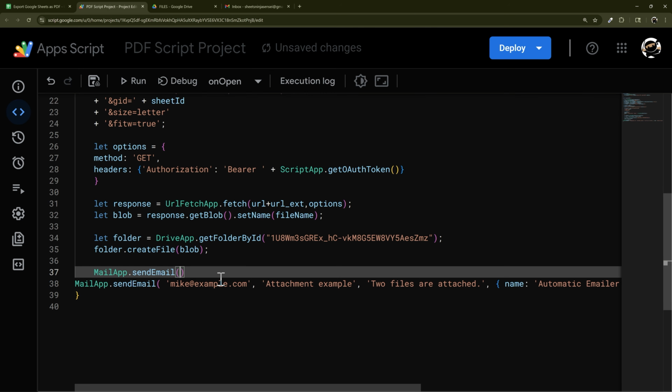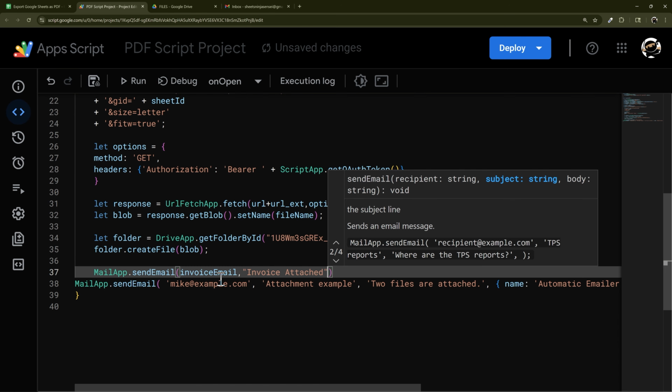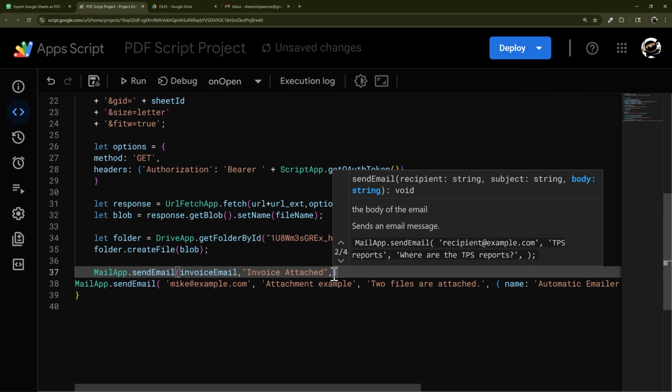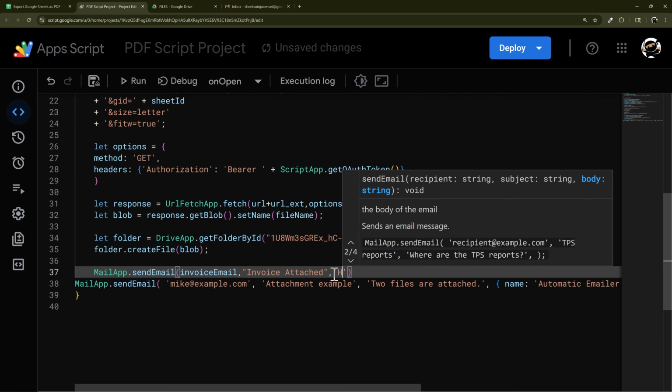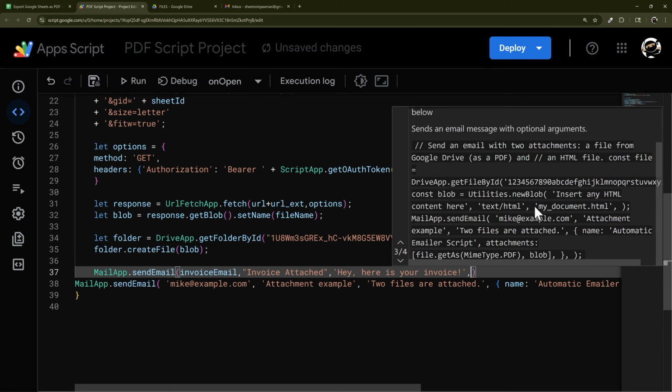So we have the email address here in the first one. So let's do invoice email. And then we could do invoice attached. And so next will be the body of the email. And so we can say, hey, here is your invoice. And then finally, under our options,